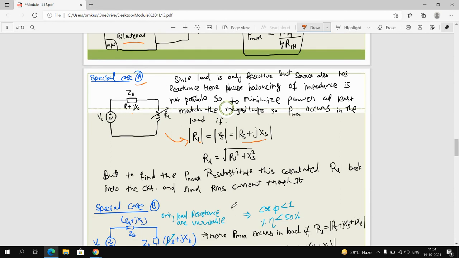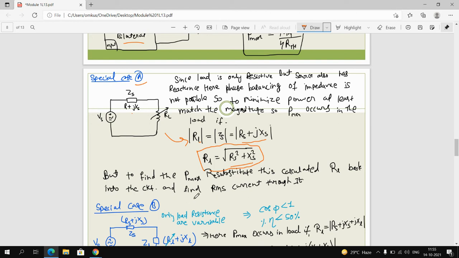How to find it? First of all, calculate this RL. पहले आपको RL कैलकुलेट करना पड़ेगा आपका लोड रेजिस्टेंस का, and this value is resubstituted into the original circuit. एक बार आपने ये RL कैलकुलेट कर लिया, उसके बाद आपको यह वैल्यू फिर से उसी सर्किट में पुट करना होगा, और रिस्पेक्टिव सर्किट के लिए फिर जो आपका नया सर्किट बनेगा उसमें आपकी RL की वैल्यू इसके बराबर होगी। बट जो भी सर्किट आपका फ्रेम होगा उसके अकॉर्डिंग उस सर्किट में कितना करंट फ्लो हो रहा है आपको करंट फाइंड आउट करना पड़ेगा.